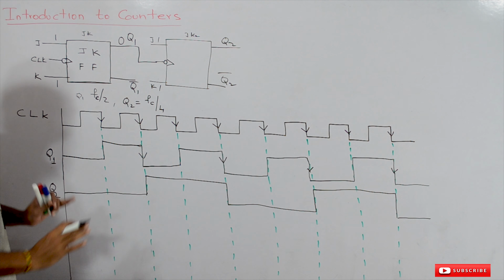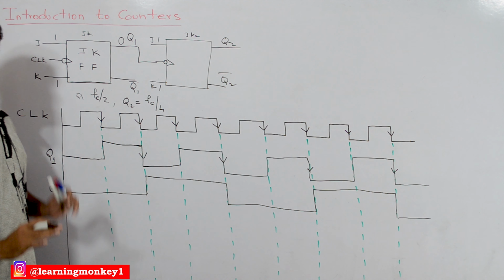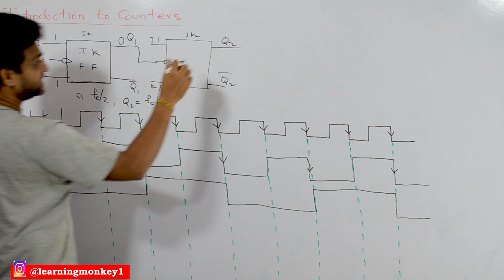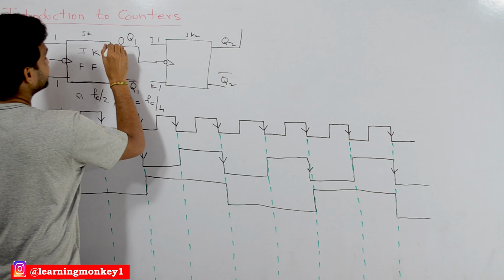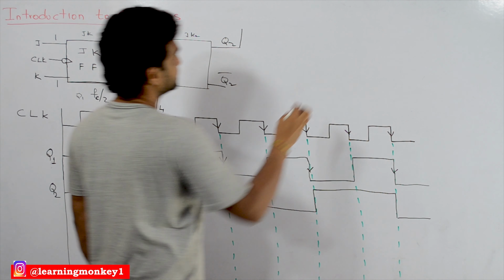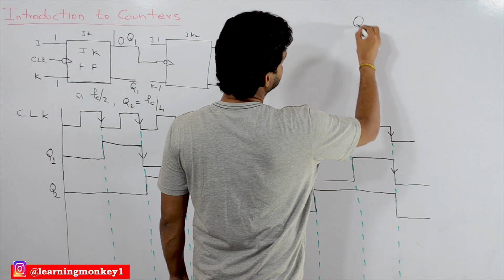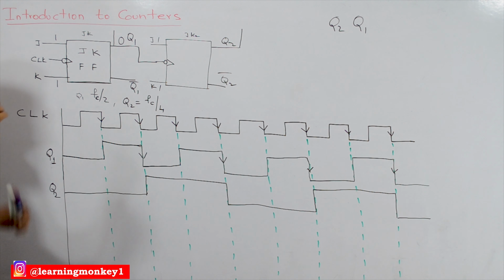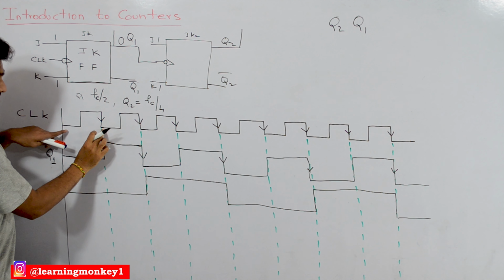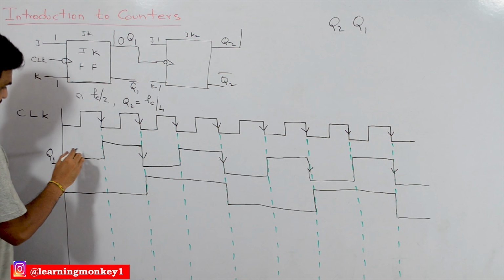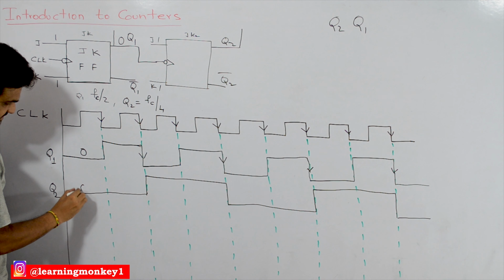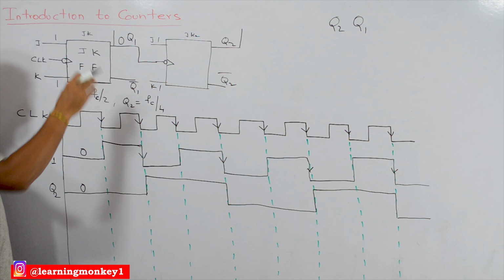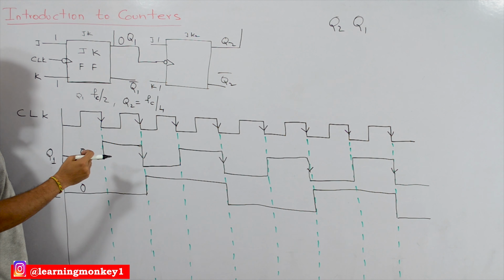These are the outputs that we have seen. Now we will check the output for each and every clock cycle. Let's check the outputs at Q1 and Q2, and how the outputs will be for every clock period. So this is a 0, this is a 0, and this is another, second clock cycle. Whenever the clock changes, we take the outputs at Q1 and Q2.